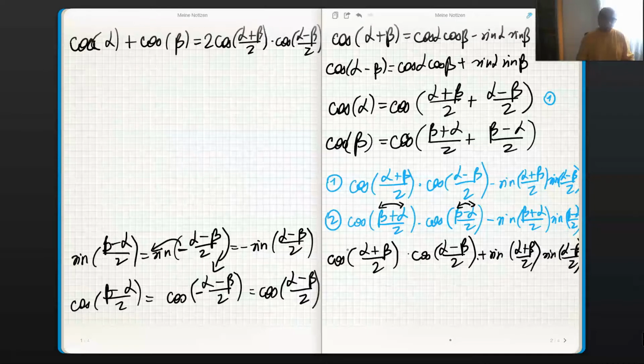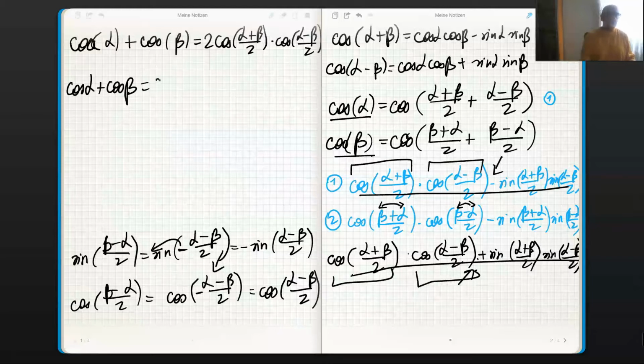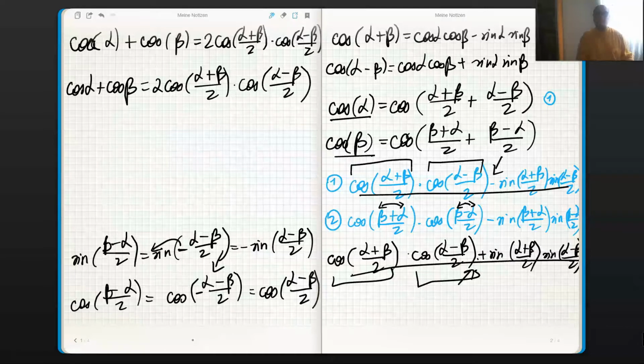Alright? Now if you add this modified number 2 and this modified number 1, these are two valid equations. So basically, if I'm considering cosine of alpha plus cosine of beta now, I'm having this line and I'm adding it to that one. As you can see, we have two equal expressions here and here. That's why we have two of those: 2 cosine alpha plus beta divided by 2 times cosine of alpha minus beta divided by 2. And we have two equal terms with different signs. Here we have plus and here exactly the same with minus. So they cancel. And this is how we prove this very first statement.